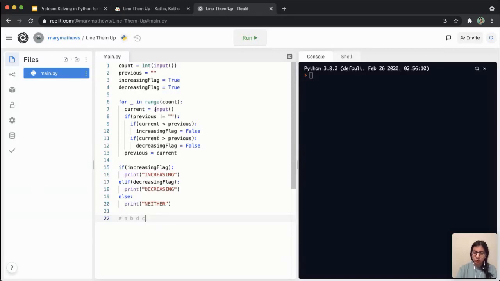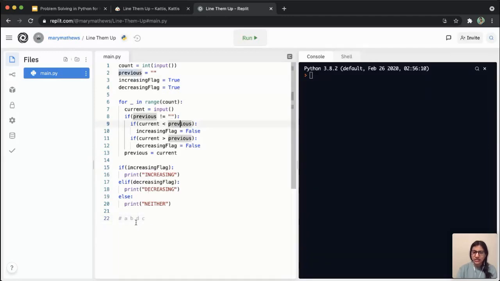Then in the next loop iteration, I'm taking B as input this time, okay? So current is B. And my previous won't be empty anymore because I set previous to A in the last iteration, right? So now it will come inside this if condition, and it will see is current less than previous, is B less than A, okay? And this less than works for full strings also, for full names also.